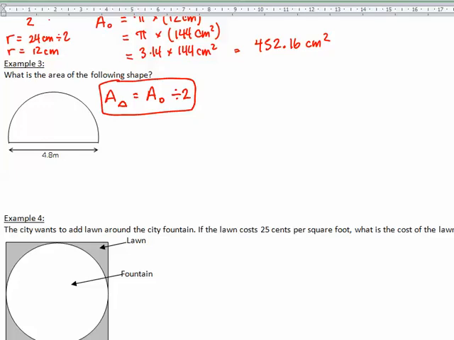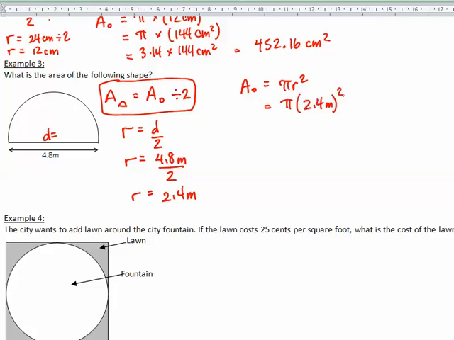So first we're given this 4.8 meters, and when we look at it, we realize this is the diameter. And again, we don't work with the diameter in area calculations, so we will change this to radius. Radius equals diameter divided by 2. Radius is equal to 4.8 meters divided by 2. Radius is equal to 2.4 meters. Then I calculate the area of a circle using the formula pi times radius squared. I'll leave my pi in there again. Radius is 2.4 meters, all squared. I square both the 2.4 and the meters, so pi times